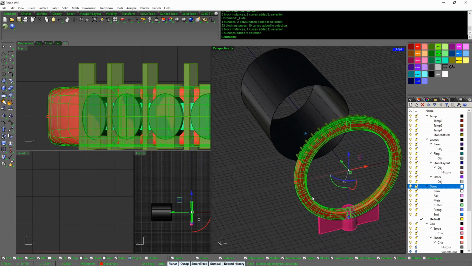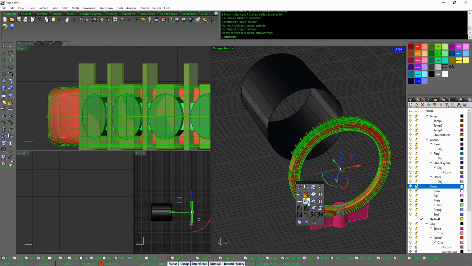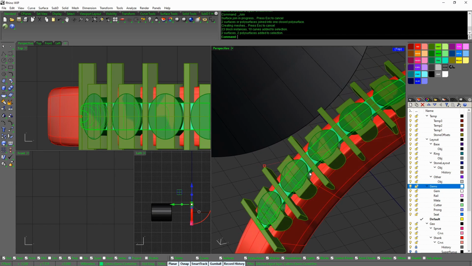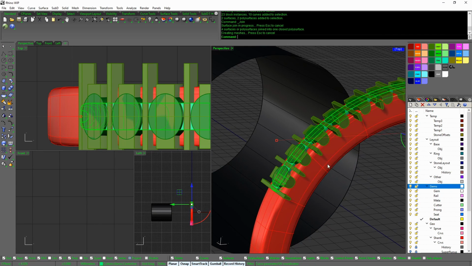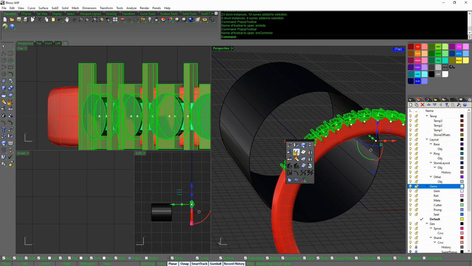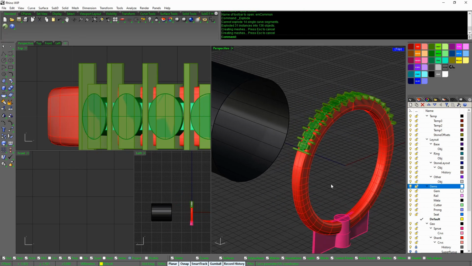Grab our shank, we call join. We grab our centerline cutter, join, take all of our blocks and explode them into individual objects. Then we can do our booleans real quick